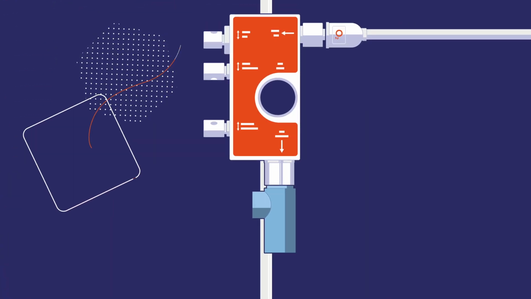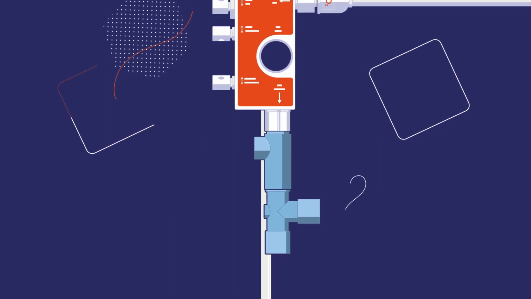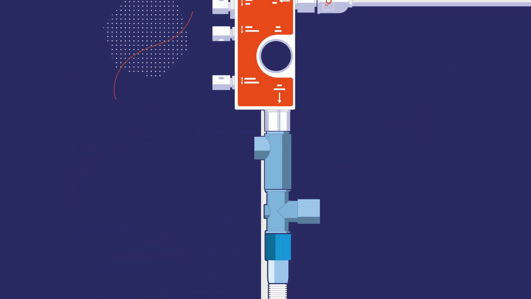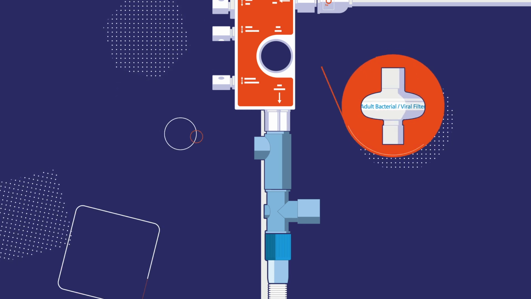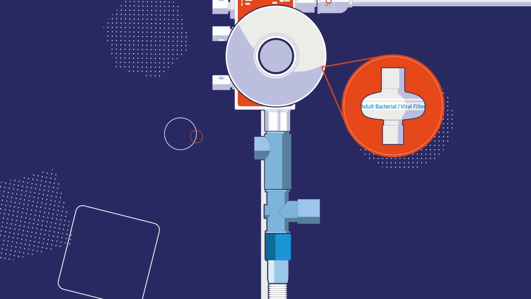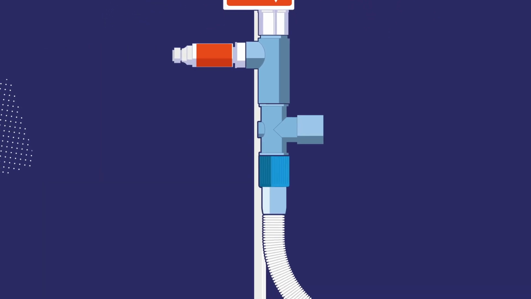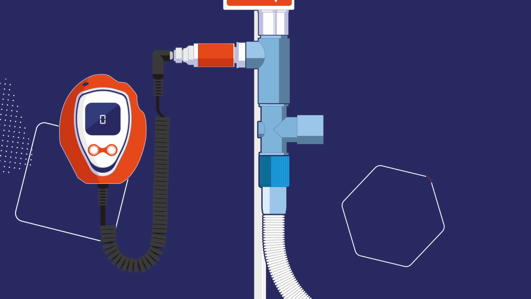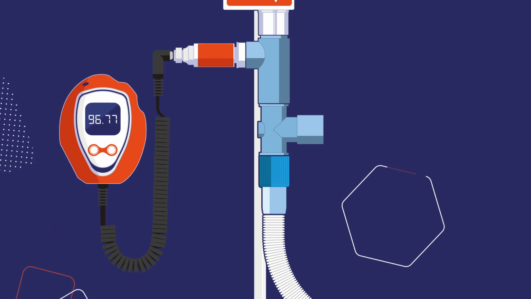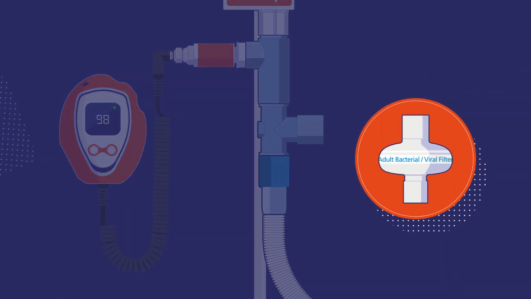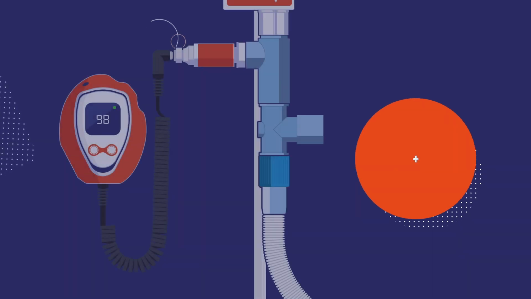In preparation for setting up the therapy, first, place the breathing circuit onto the patient outlet port of the flow generator. Then, insert the bacterial viral filter onto the air entrainment port. It is recommended to use an oxygen analyzer to alert of any loss of oxygen wall pressure or other system faults. Add an additional bacterial viral filter in the circuit setup for added protection if required.